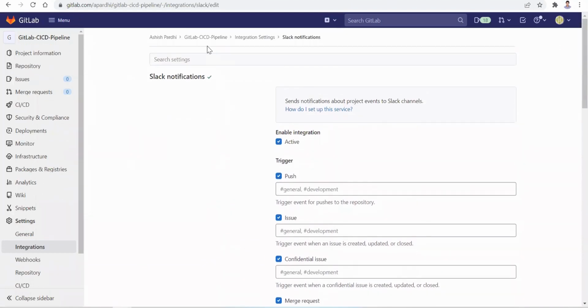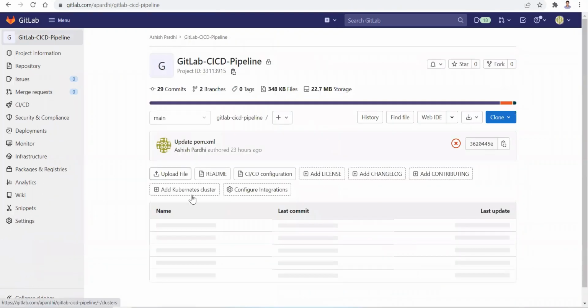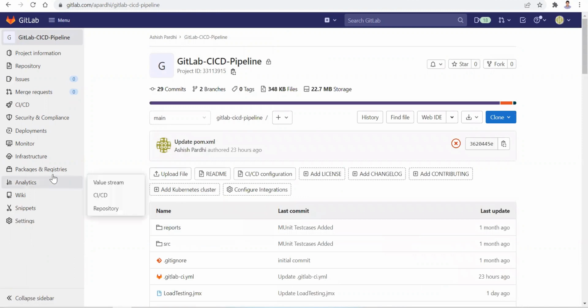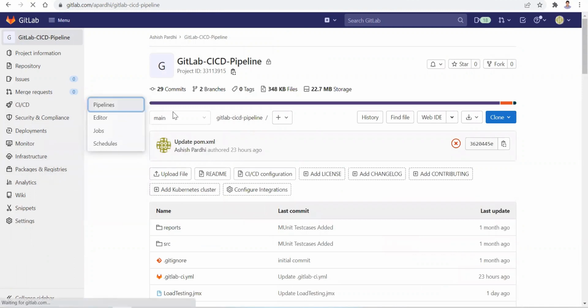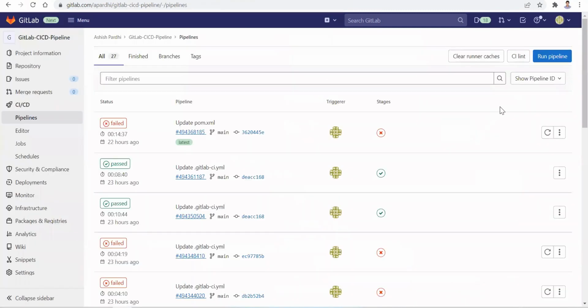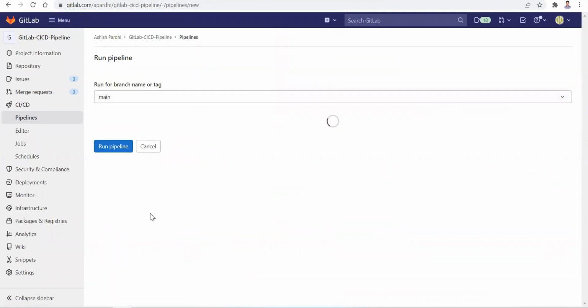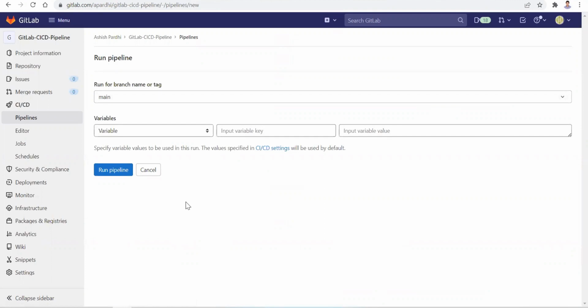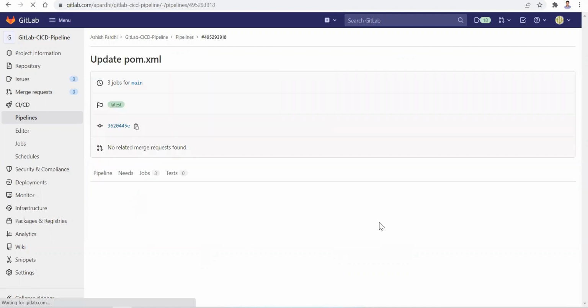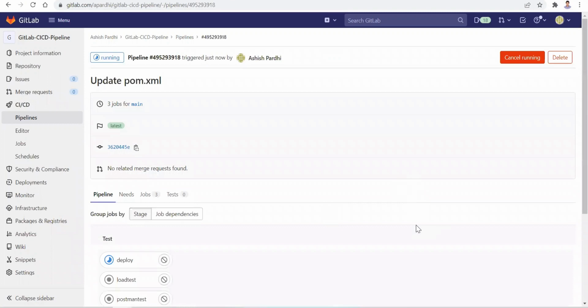Okay, let me go back here. We can go to our CICD pipeline and let's run it manually. Otherwise, it will get picked up whenever you do any merge on your main branch. Just say run pipeline. The first message will pop up in your Slack channel